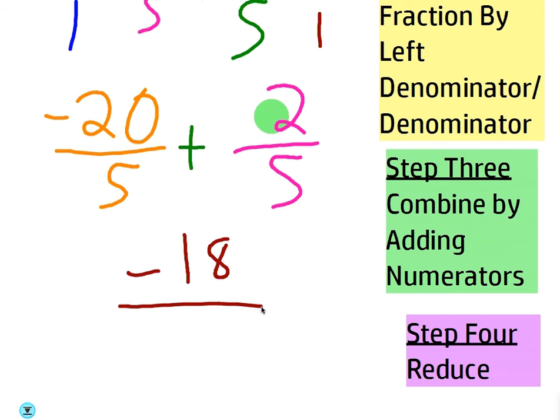What's the bottom? Is it 10 or 5? Good. The denominator stays the same. Can this be reduced? No, we can't. Nothing that goes into 5 goes into 18. Good. So we